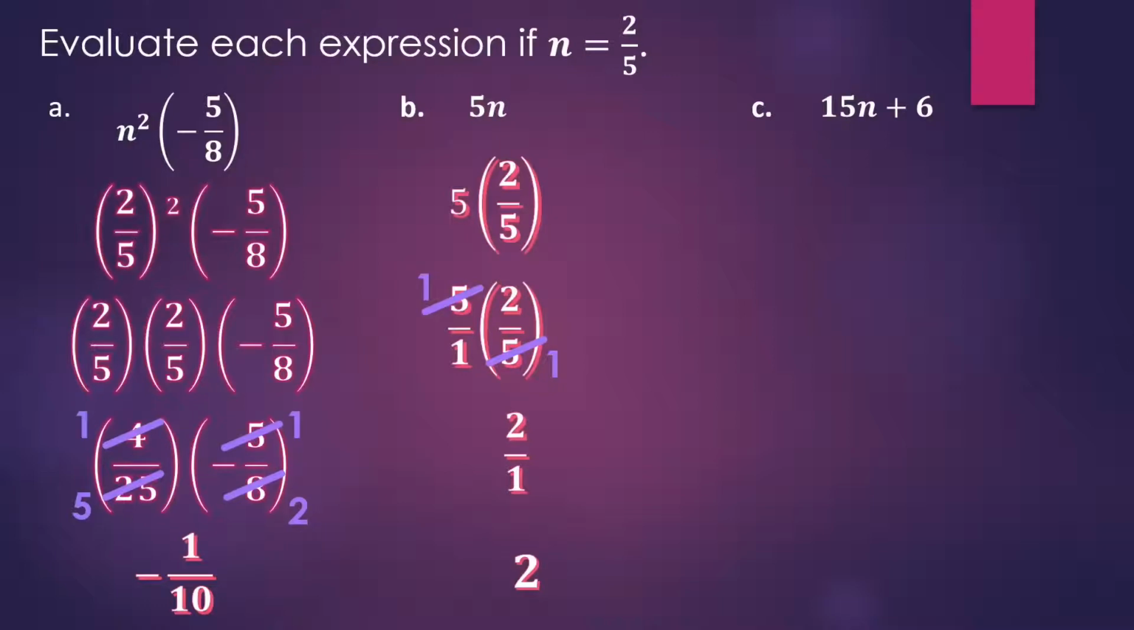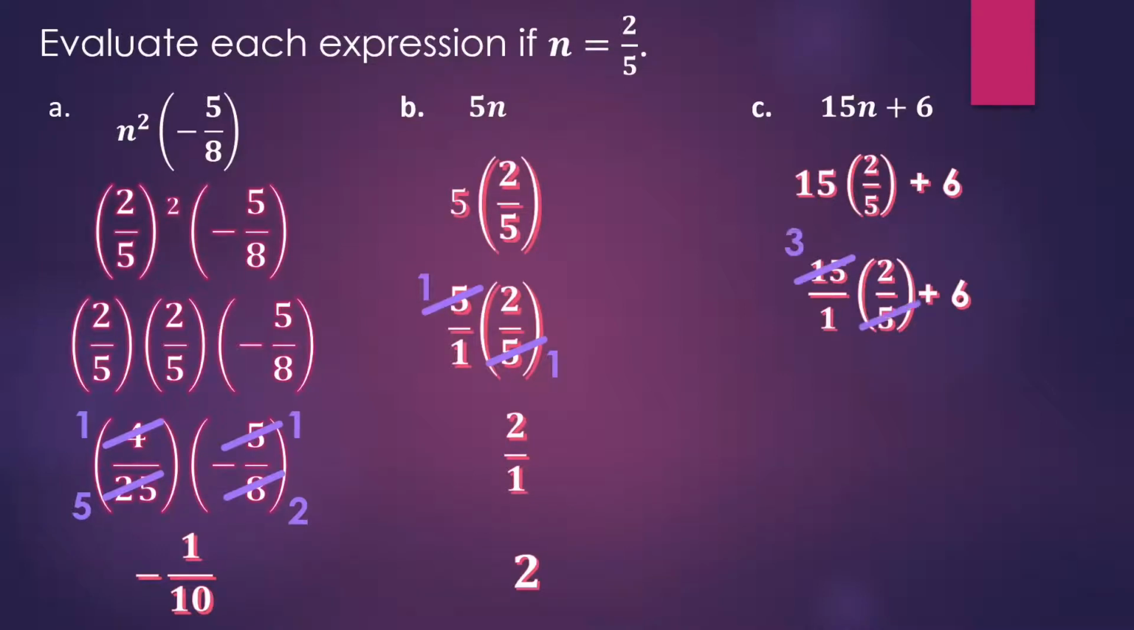Now this kind of fuses a little more together, but look how simple it is. Still replace my n with 2/5. I'm going to put 15/1 and handle my multiplication first. I can simplify my 15 to 3 and my 5 to 1. That leaves me with 6 over 1 plus 6. Well, I know 6 over 1 is the same thing as 6, so I really have 6 plus 6 to give me 12. Okay? If this is a bit confusing for you, I would copy these 3 problems down and